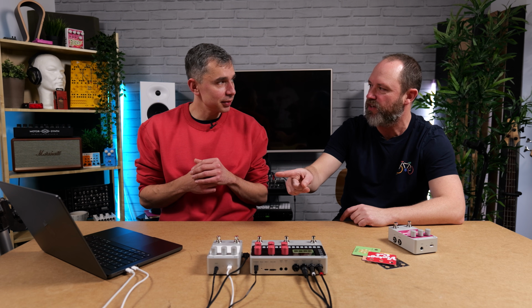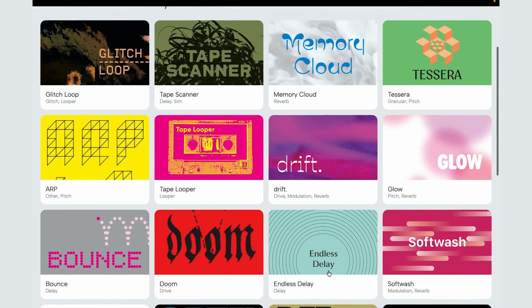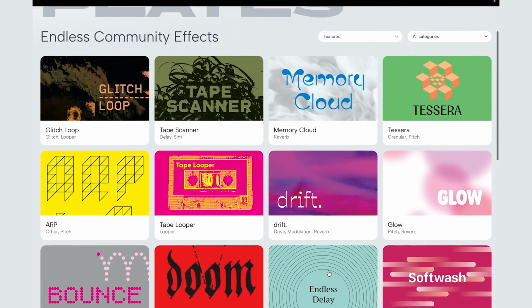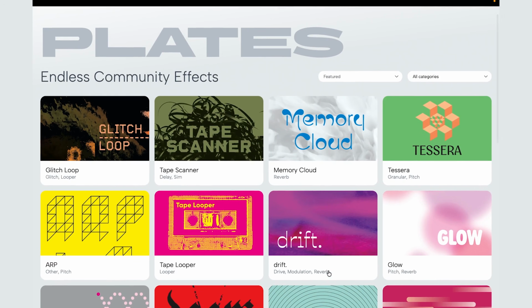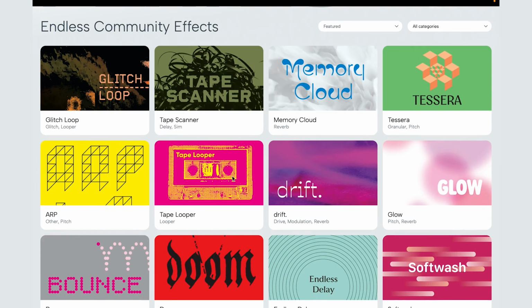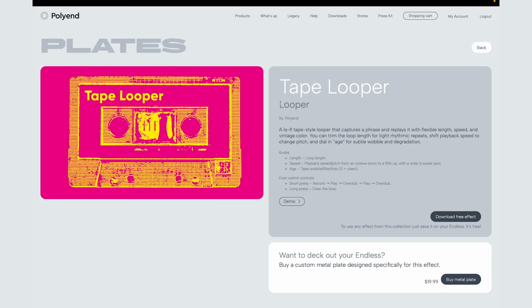Right. The third one is to use the plates, which is the community effects. As of now, because it's only in our hands, we developed a couple of the effects ourselves. If we go to, like, a tape looper, you see there is a little bit of explanation, and you can listen to a demo of what it does and download this one for free.